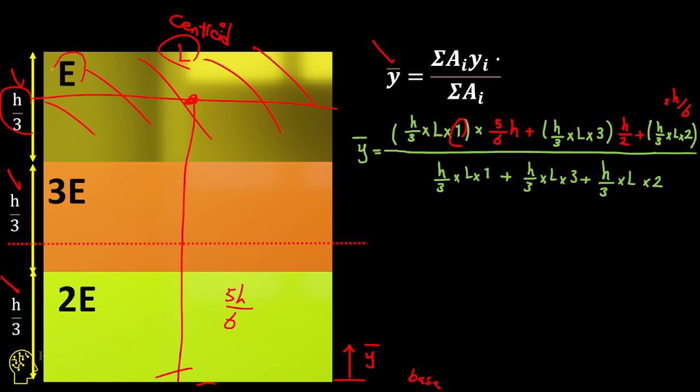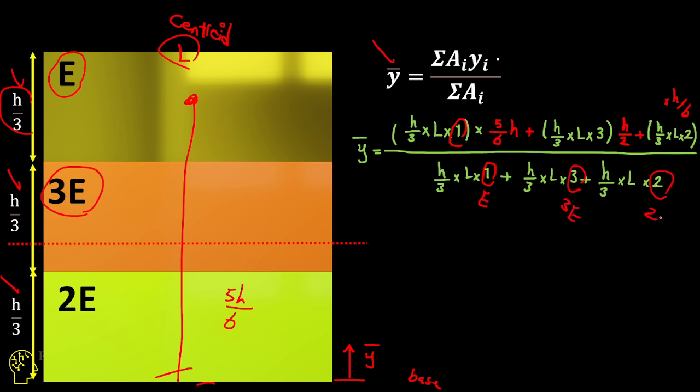That is considering the effect of the modulus of elasticity of each part on the area. So that's h over 3 times L times the modulus of elasticity of 1E for the very top, and for the other layers, 3E and 2E. Then we cancel out E and just replace it with the numbers 1, 3, 2. So that's the weighted